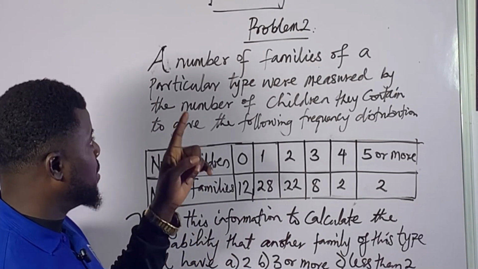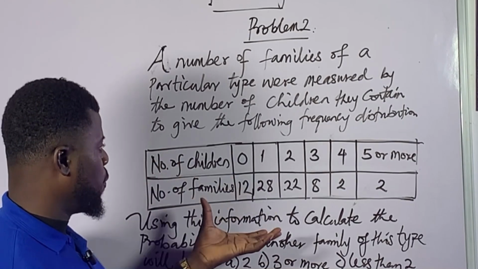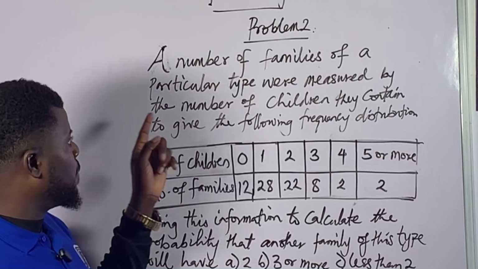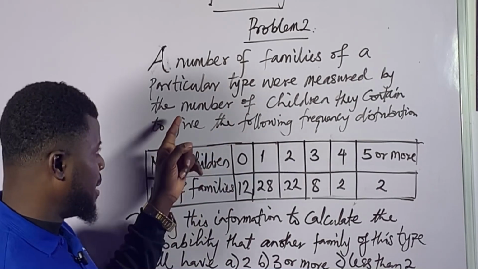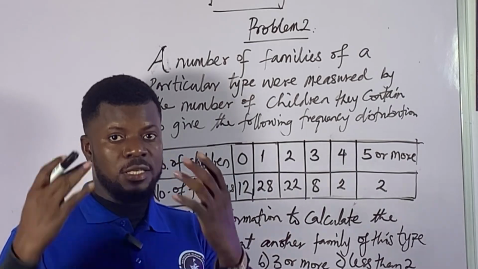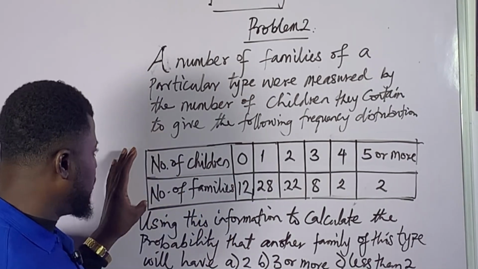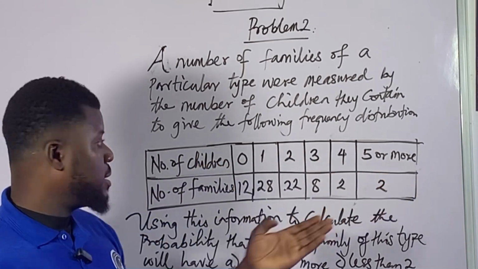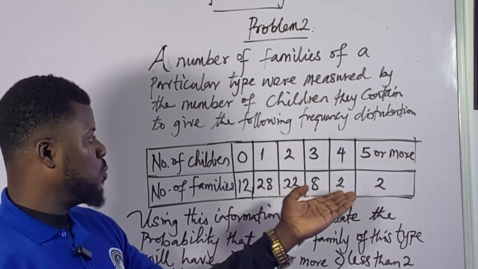In this probability video tutorial, we're going to solve this problem. The question says, a number of families of a particular type were measured by the number of children they contain to give the following frequency distribution. Now look at this frequency distribution. We have number of children, we have the row for that, and then the number of families, which contains all